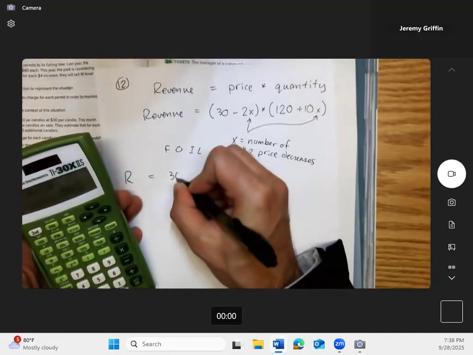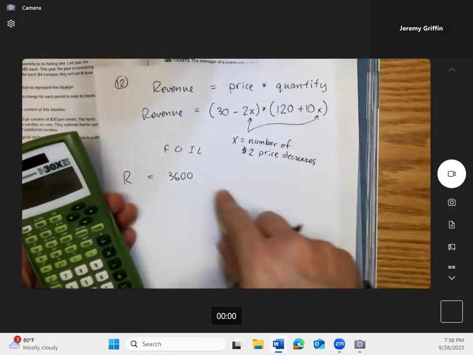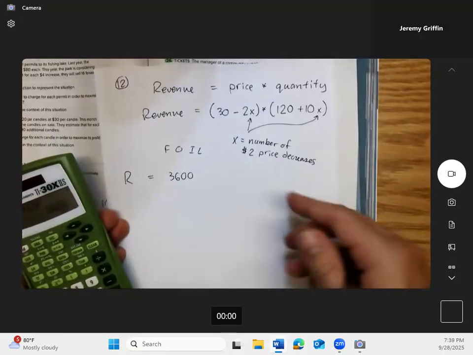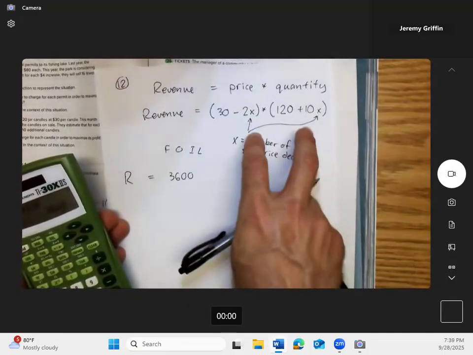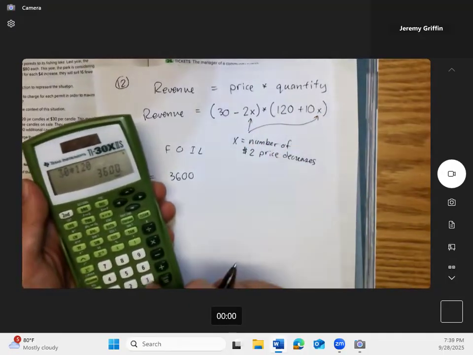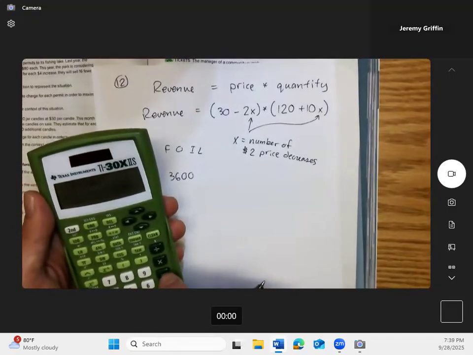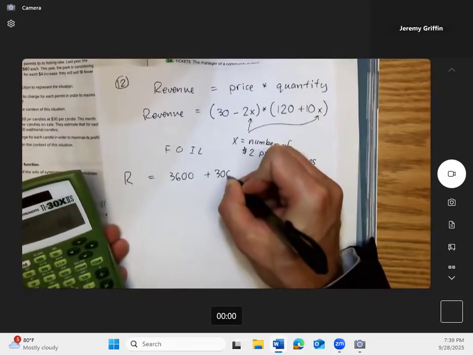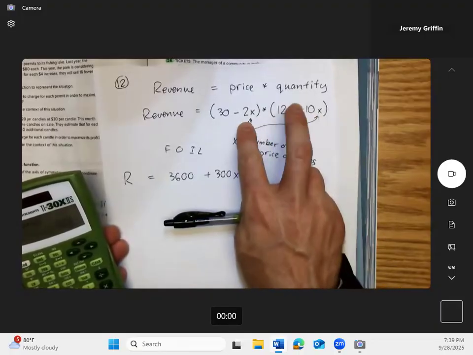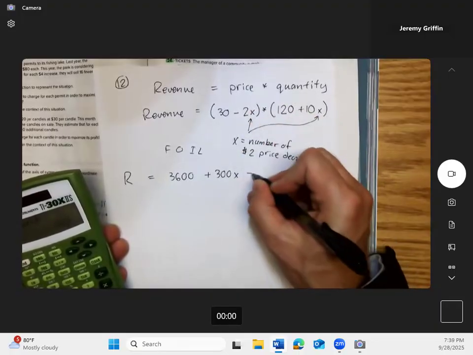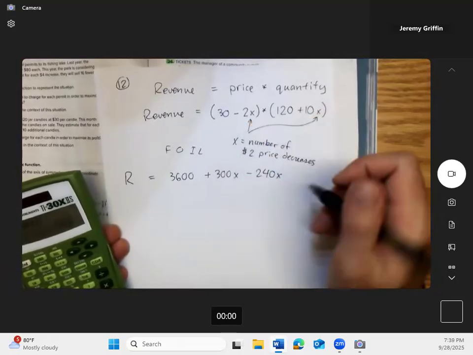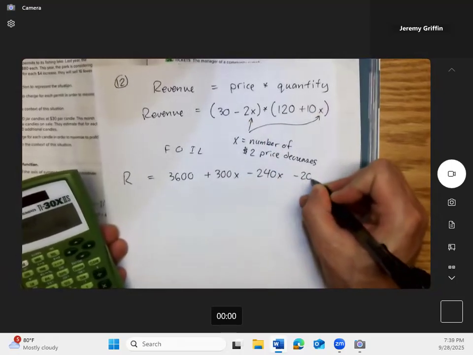That's $3,600. Oh, okay, because that was the baseline price, right? So if there was no change at all, they're going to make $3,600. Then outside, 30 times 10x would be plus 300x, and then the inside, 2 times 120, and it's negative, so minus 240x, and then last, negative 2 times 10 is negative 20, and that's x